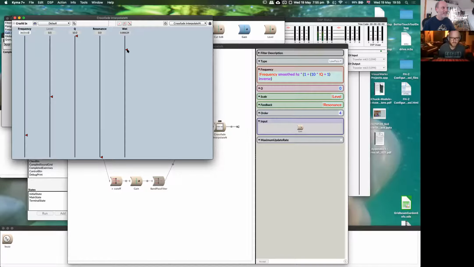So we could, again, mix a bit of the original back in. There we go. We can put a bit of resonance in. Try slightly lower Q, if you would, please. I like it. Okay. So I'm going to press Command and click on this snapshot, and it'll override the default. There we go. So when we restart, we'll start there.